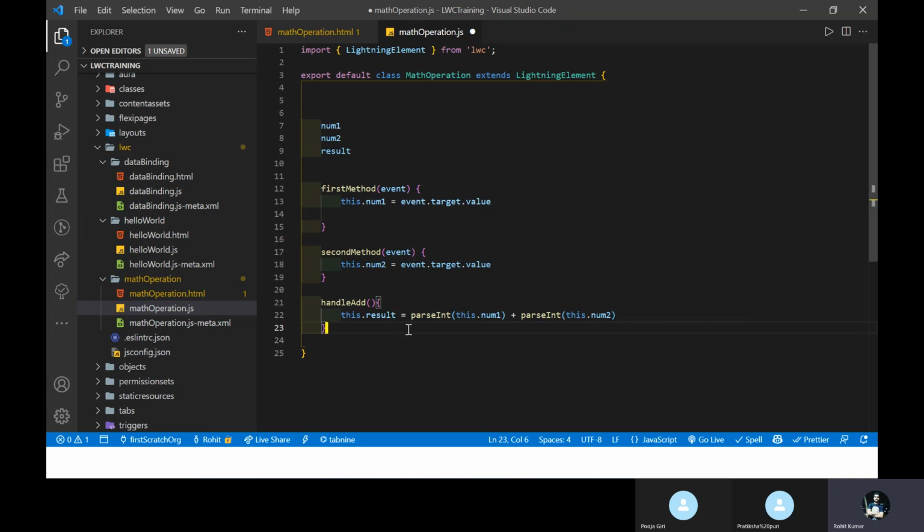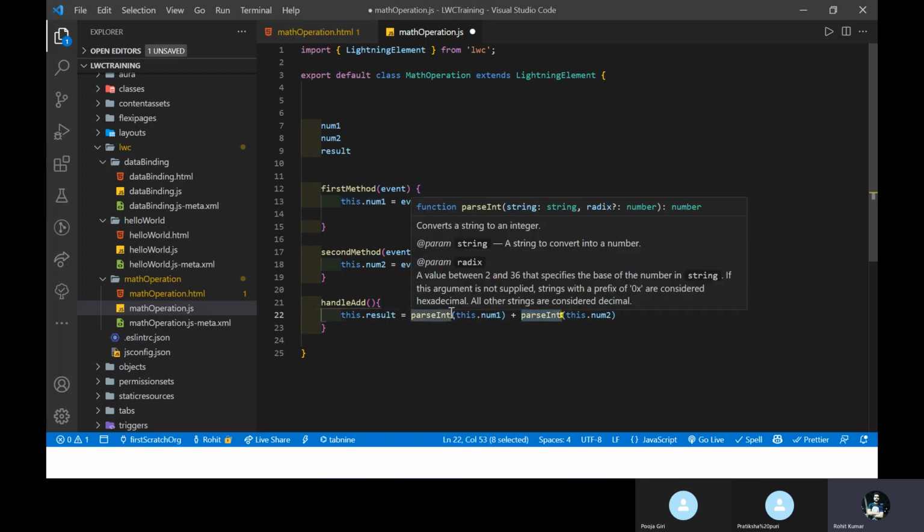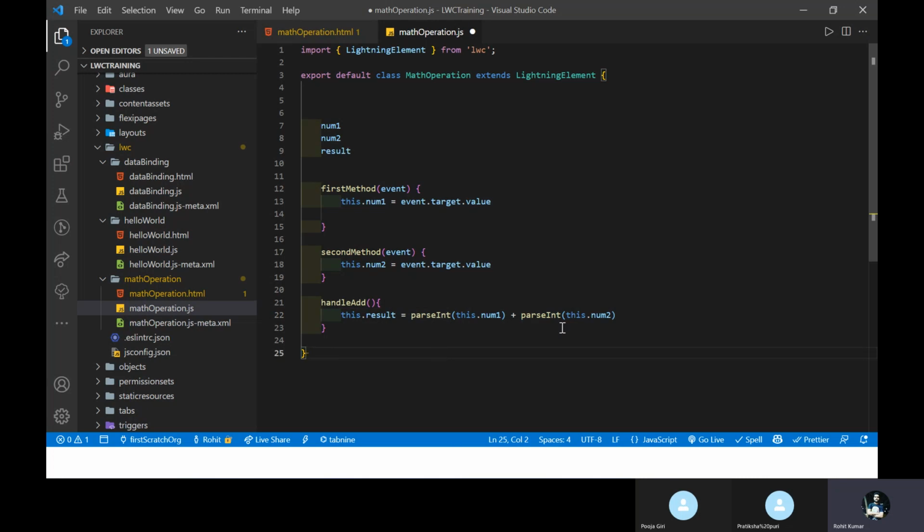Okay. So here you can see this.result. This refers to the current variable, this.result. I use this result and just use this.num1 plus this.num2, and then you can do your typecasting, right? Then this action is performed now.